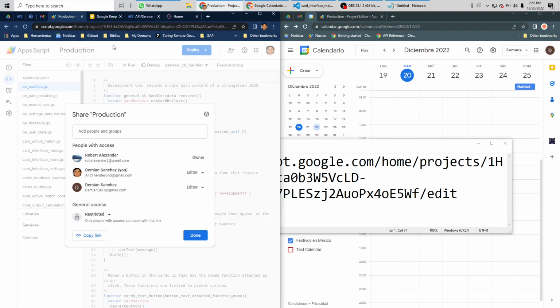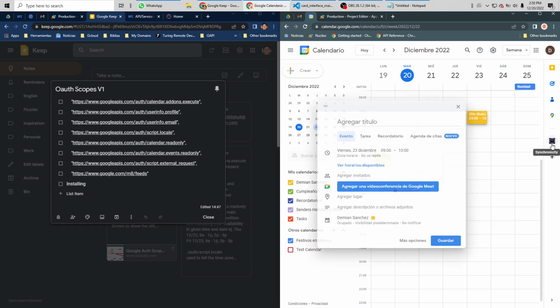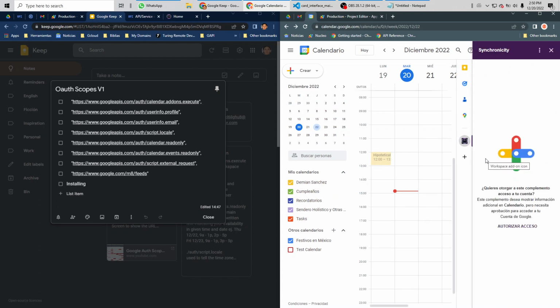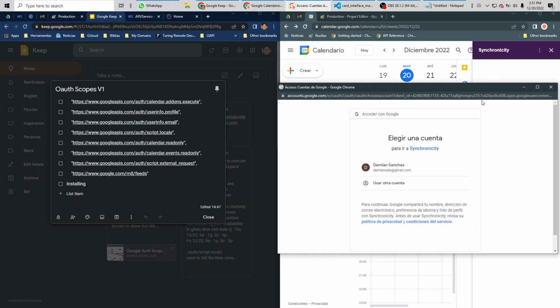And what we want to do now is review this authorization process. So we go ahead and hit here. I know this is in Spanish. I have already tried to set everything to English in my personal settings, but I'm still unable to change the language. So please bear with me, I can translate for you. So we're gonna go ahead and authorize access, and that's gonna throw us to the